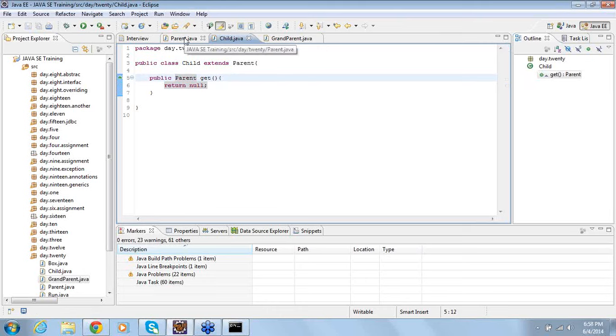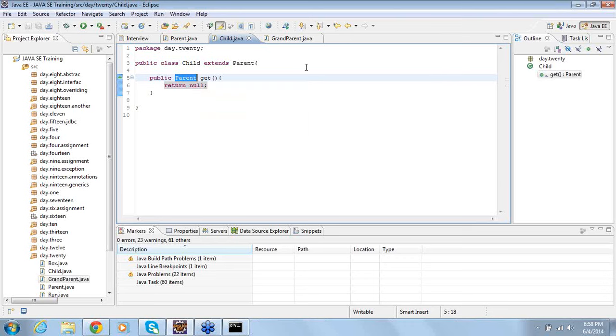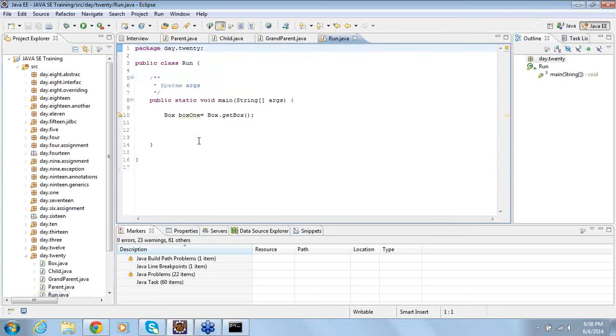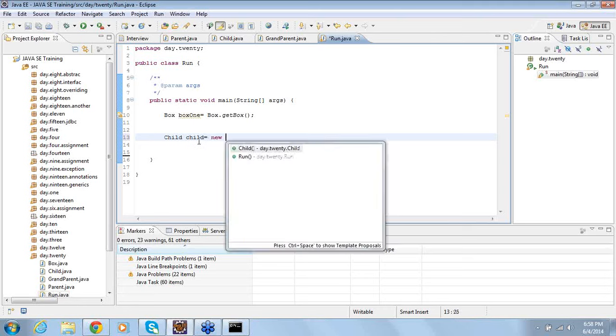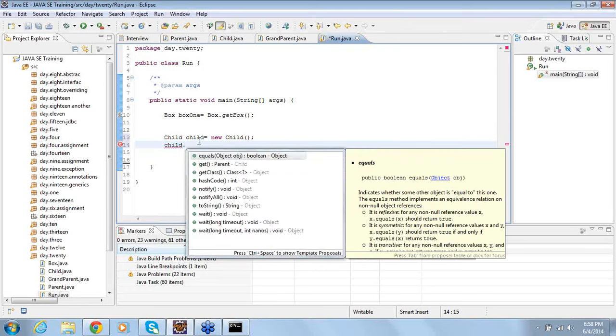The reason being, a parent can hold the address of the child. If you take the run program again here, we know what is overriding, what is dynamic polymorphism. I can create an object of the child, then on the child I can call what method?